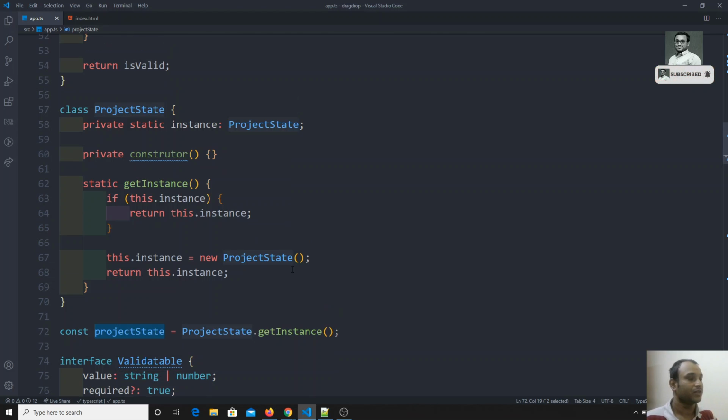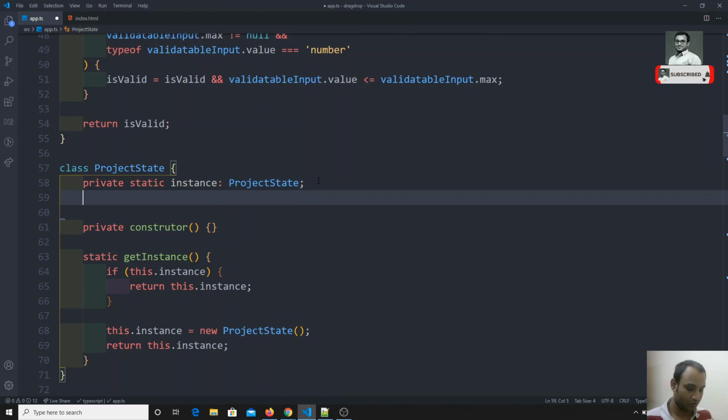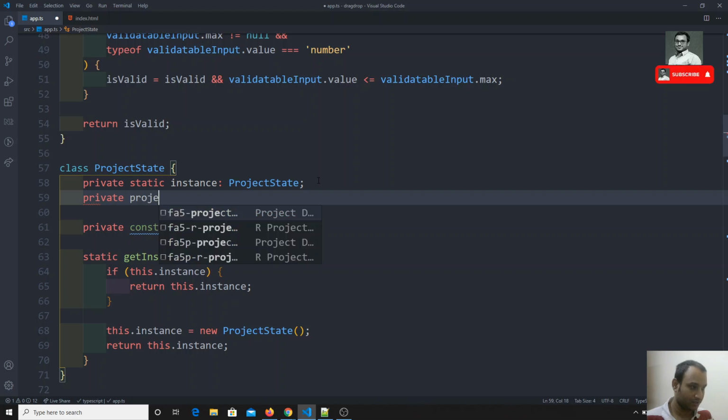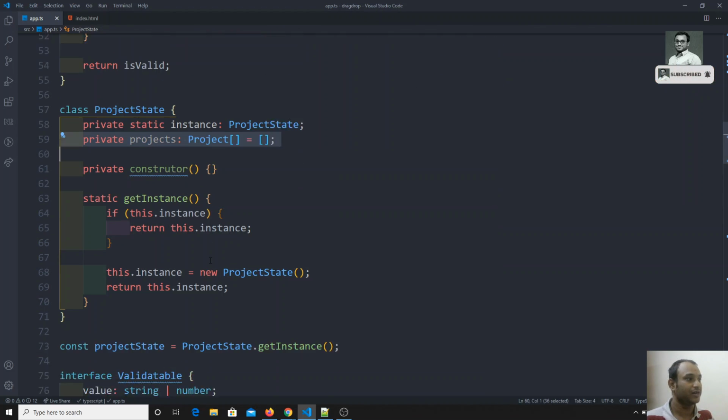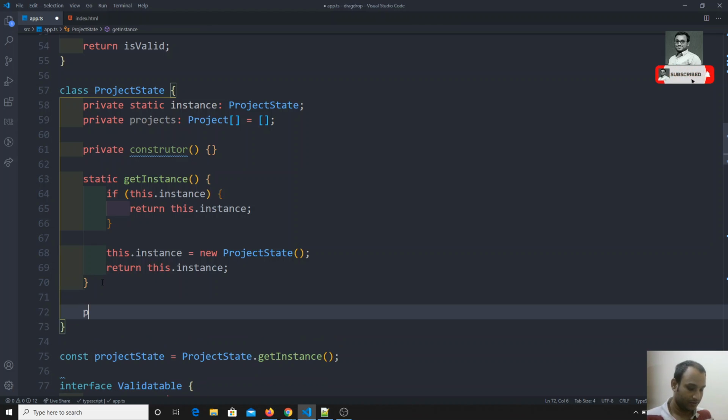So now here we will hold the projects. So I will keep private projects. Whatever project is added here, I will try to keep. It is of type project array, and I will keep this one. Okay, now in these projects we need to add it. So we will add a method, public